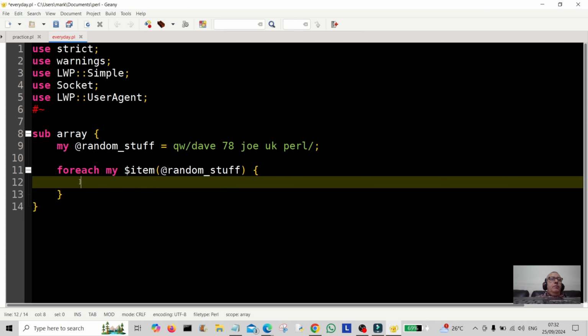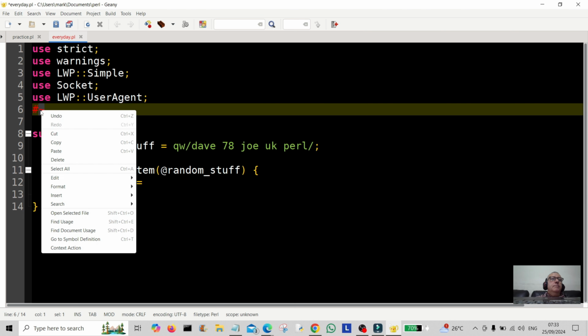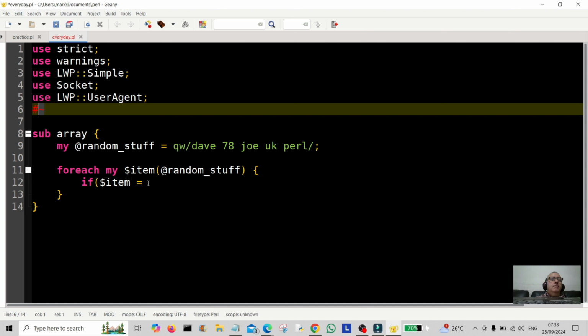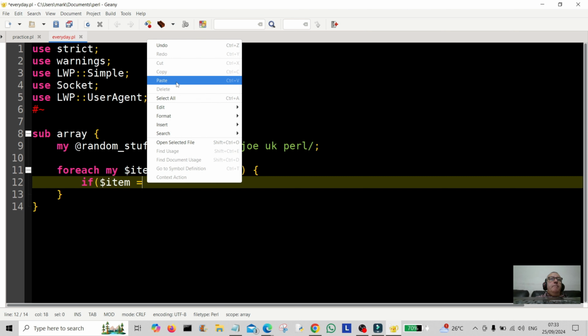Now we're going to use the conditional statement if. So we're going to evaluate stuff. So if item, it's gone through, that's iterated through here, it's gone through Dave, 78, Joe, UK, Perl. If the item, and we're going to do the matcher here. If the item matches,